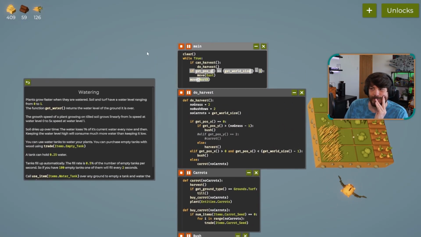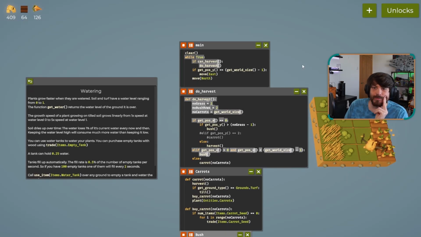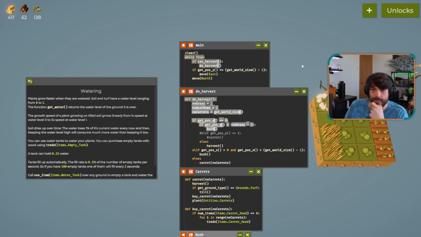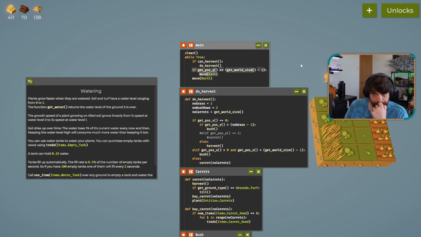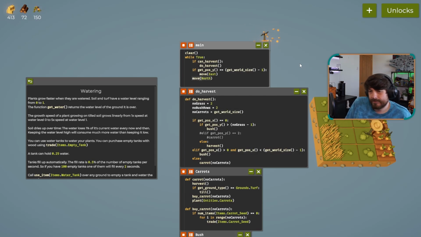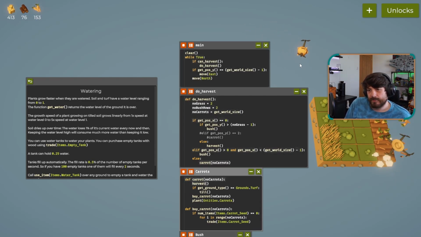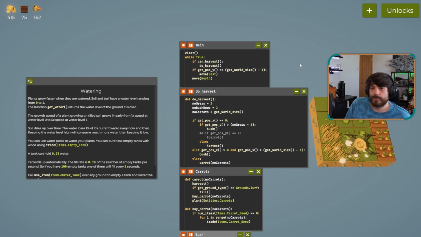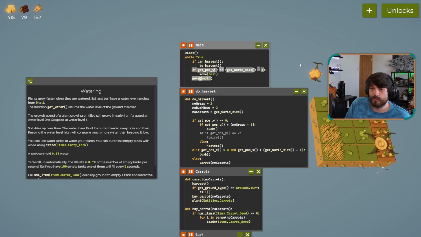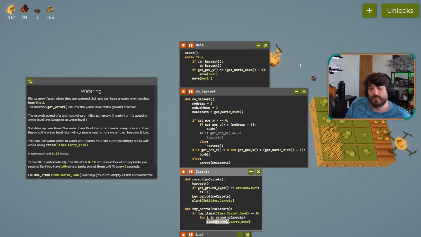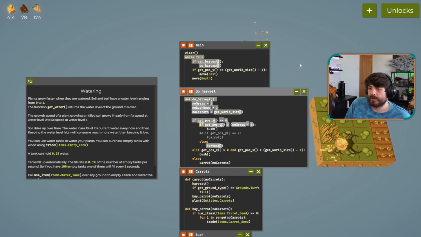Right, we got watering. Let's keep that going for a bit. Plants go faster when near water. Soil and turf have a water level ranging from 0 to 1. Function get water returns the water level for the ground it's over. The growth speed of a plant growing on tilled soil grows linearly from 1 times at water 0 to 5 times at water 1. Soil dries up over time. The water loses 1% of its current water every now and then. Keeping the water level high